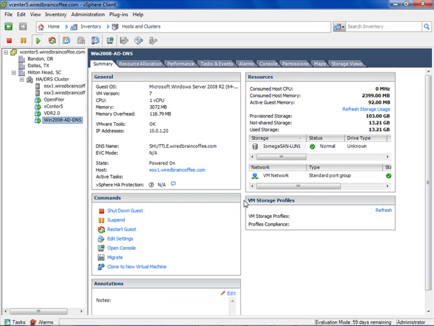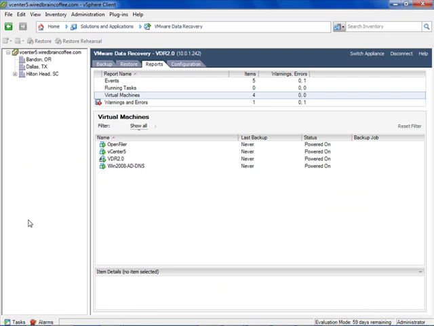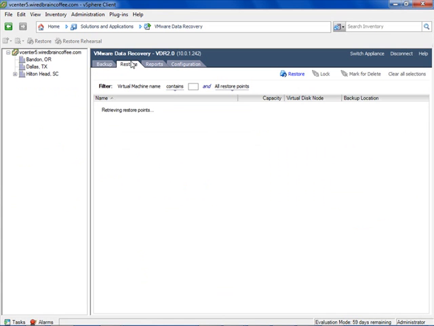And let's pretend we had an accidental deletion of a critical virtual infrastructure virtual machine, and end users need that virtual machine back. How are we going to get it back? Well, let's go to Home. Let's go to VMware Data Recovery. Let's go to Restore, and then here's our virtual infrastructure, and it looks like we have a successful backup of